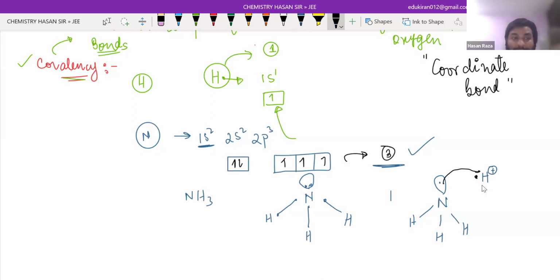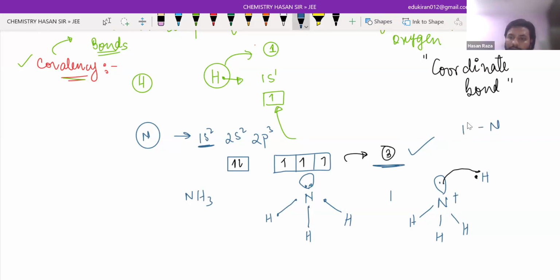When it donates 1 of its electrons, hydrogen gains the electron, and it will have positive and negative charge. When someone gains electrons, what charge will it have? It will have negative charge. Already hydrogen has positive charge. By gaining electron from nitrogen, it will have negative charge. So positive and negative will be cancelled. Is that clear, everyone? Now, since nitrogen donated 1 of its electrons to hydrogen, it will have positive charge,